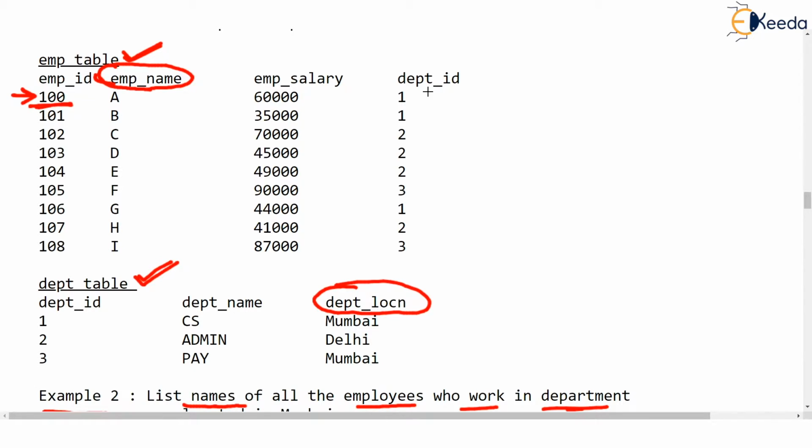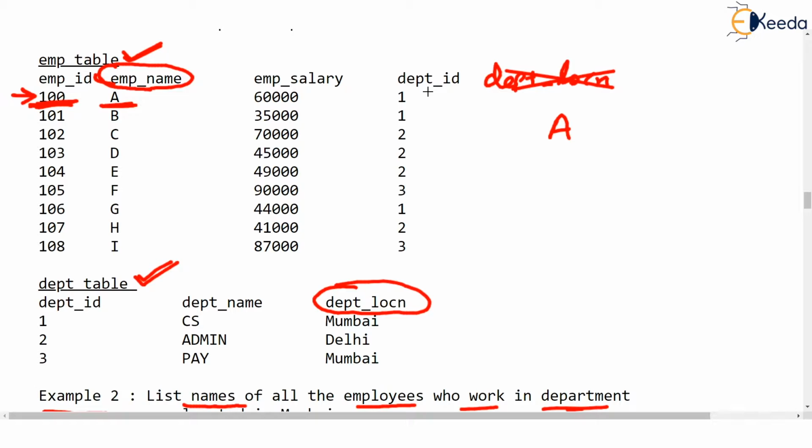The employee ID is 100, name is A, but then you want to know: is this person working in department located in Mumbai? I mean, A should be listed only if this person works in the department located in Mumbai. But the problem is the department location column is not present in EMP table.